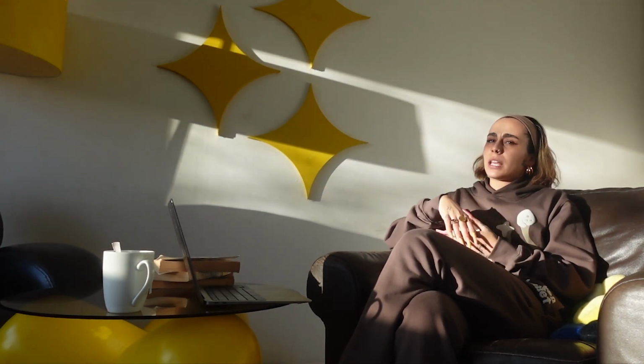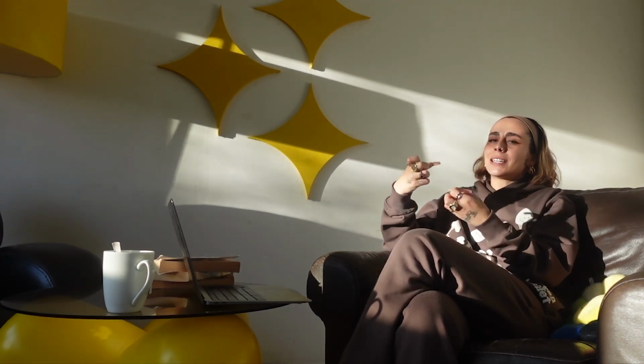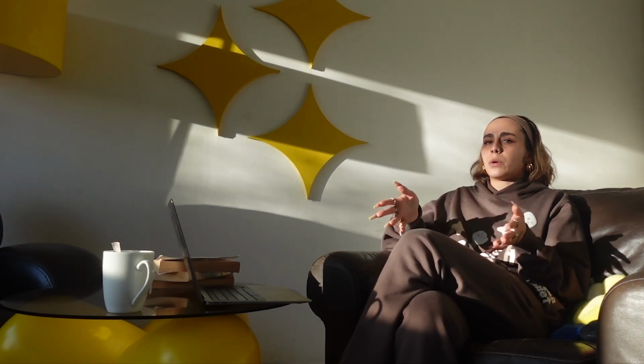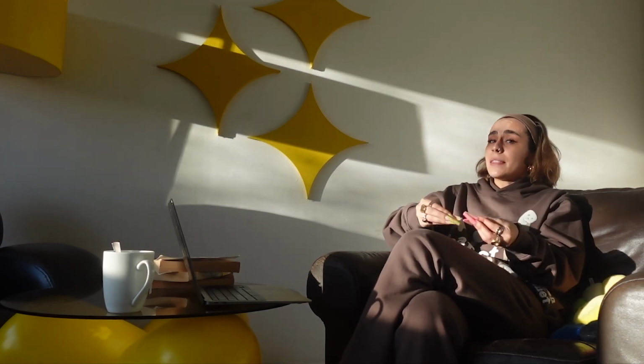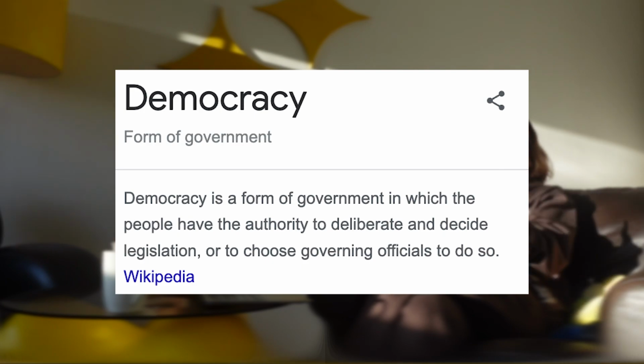Now, swiftly moving on to question 2, what is a democracy? Now, the reason this question is important is because the UK as a country considers itself a democracy, right? So it's important we actually know what that means. Now, the word democracy comes from a Greek word which essentially just translates to power to the people, meaning that the people should be the ones making decisions, running the country together as a community, right? In a democratic way. That's what a democracy means.